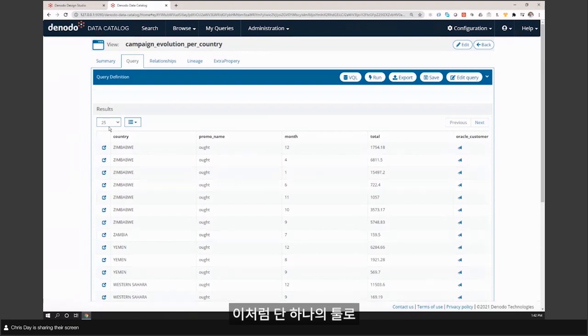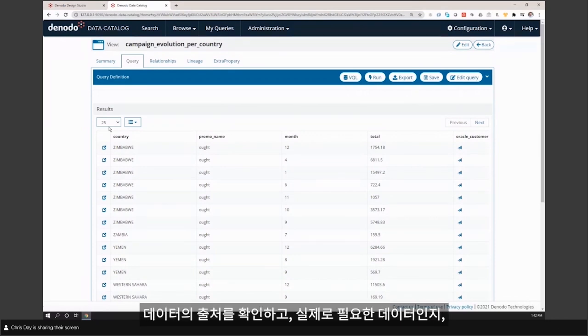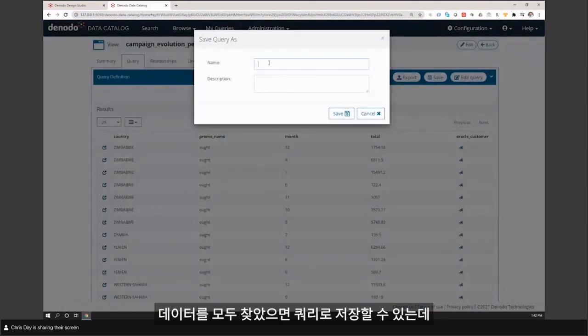So now in the single tool, I can find the data I'm interested in, understand the documentation around it, see where the data comes from, as well as make sure it is in fact the right data, the right values that I want. Having found this data, I could save it away as a query